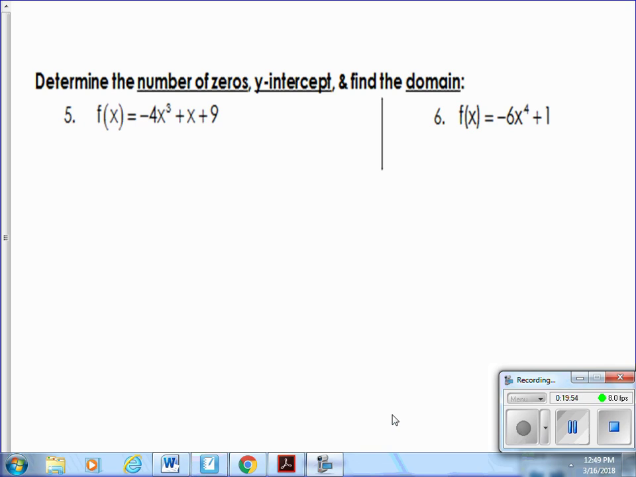Right, as we switch modes, this time it doesn't give us a graph. This time we just have an equation. And what we've got to do is find the number of zeros, find the y-intercept, and find the domain. To find the number of zeros, my number of zeros is going to be the same as the degree. Now, if you remember, the degree